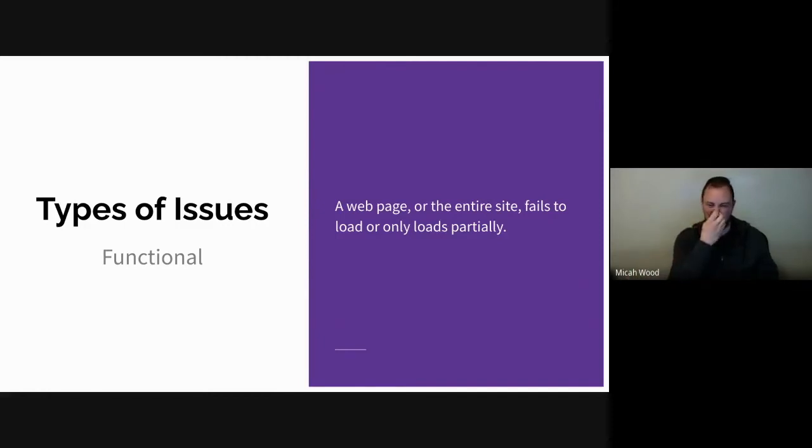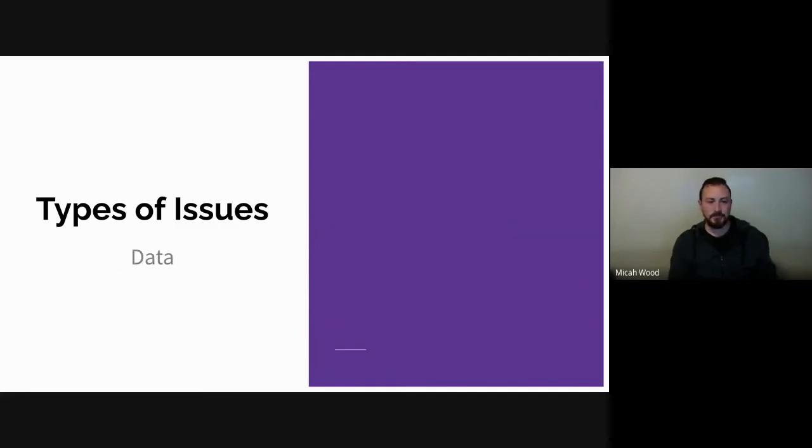A lot of times, sometimes you might think it is a visual issue, but a lot of times the fact that the footer is not loading is a clear indicator that something went wrong during the processing and output of the page originally. And so because of that, it's more of a functional issue. Something in the code went wrong when we were trying to load up the page.